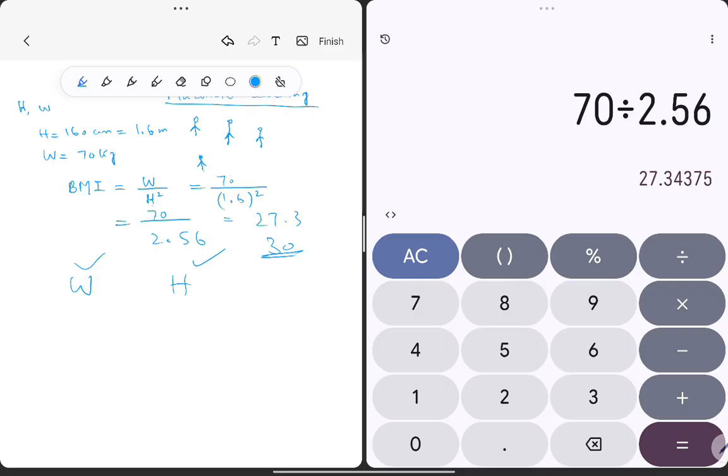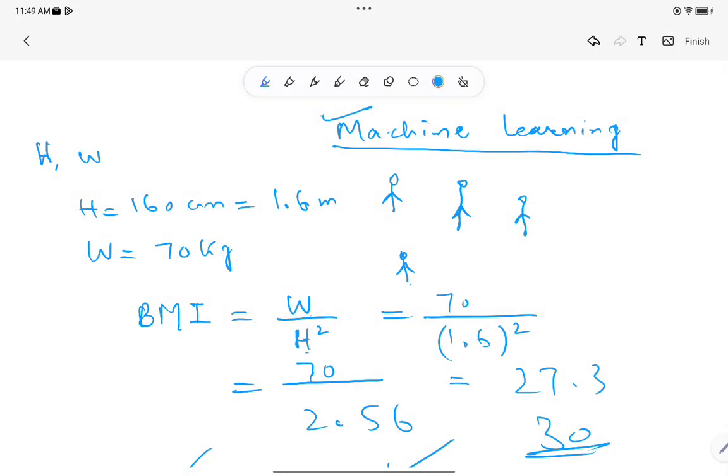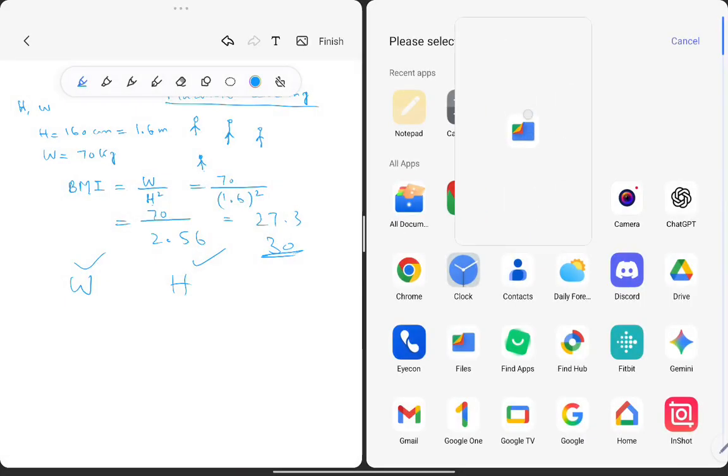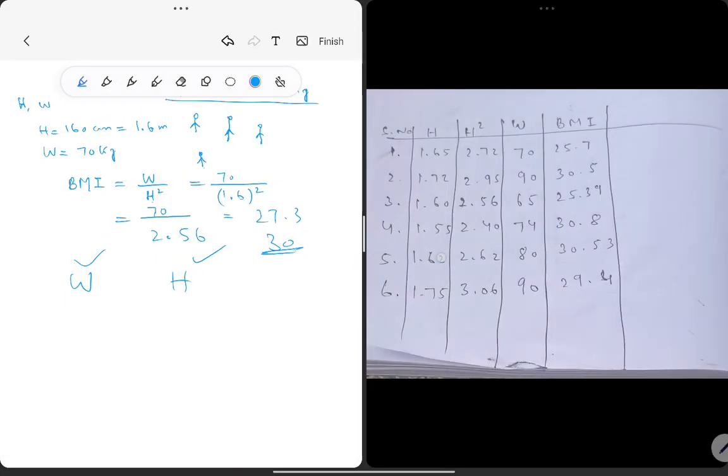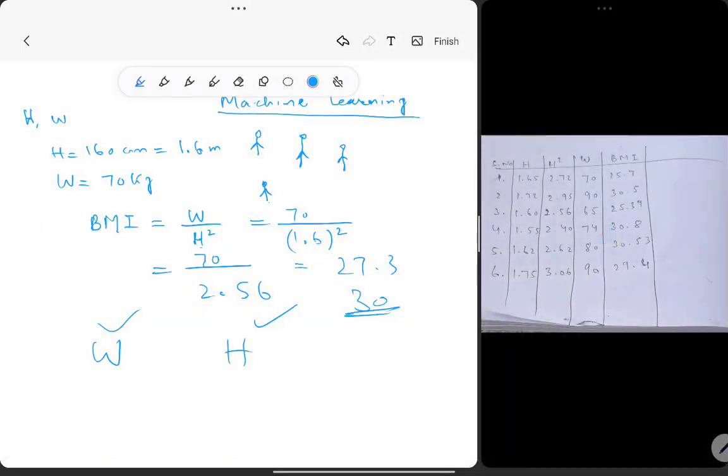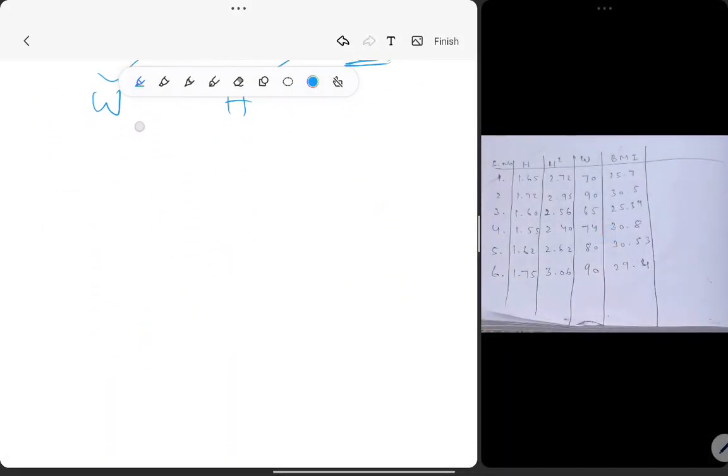Okay. Suppose we have a group of 6 persons whose data I have with me. I have worked that out, and in order to save time, I have brought that data here. That is in my files, and here is the data. I will use this data. Now, you can see under serial number 1, this first person, second person, third, fourth, 5, 6.